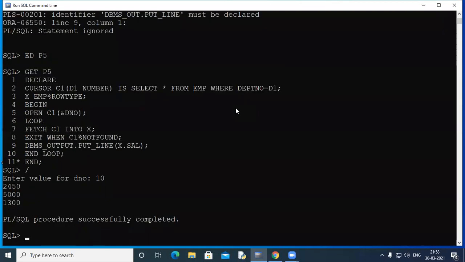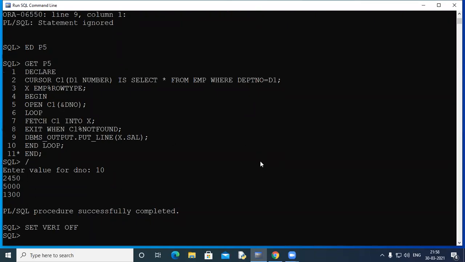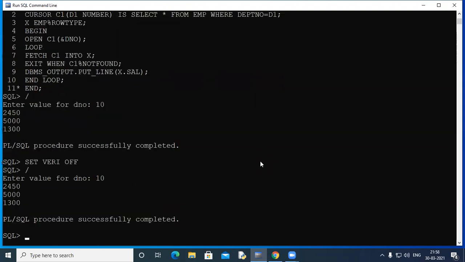So 10, and you can see department number 10, I've displayed the salary from department number 10 using a parameterized cursor. And how it happens, when I run this, I pass the value 10 here. If I just show you the verify, it will tell you how it goes. So when I give 10 here, it should have been on.